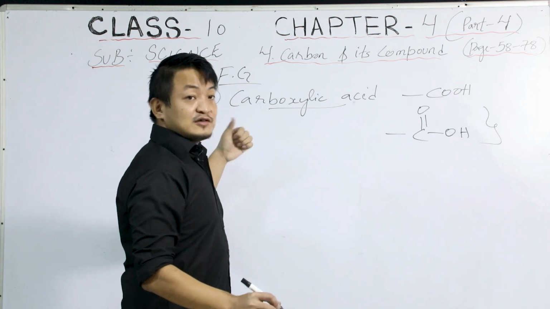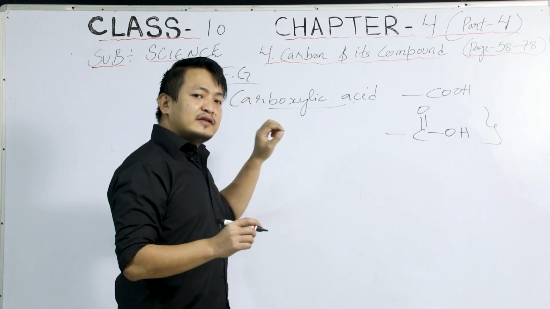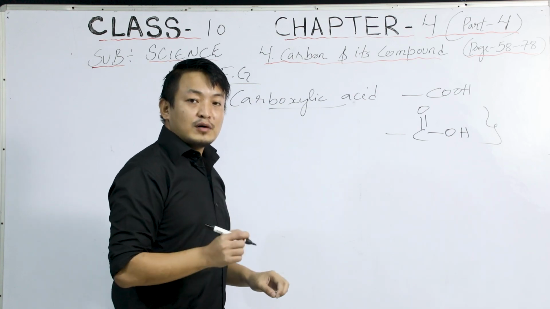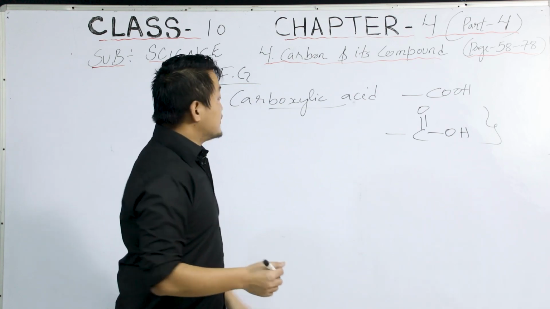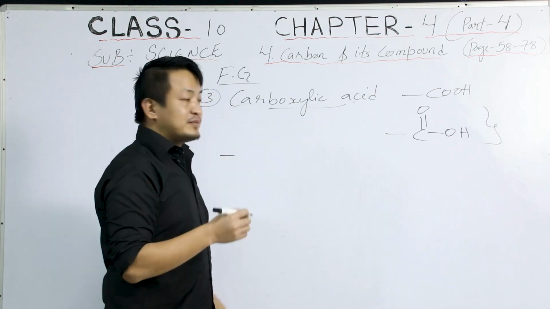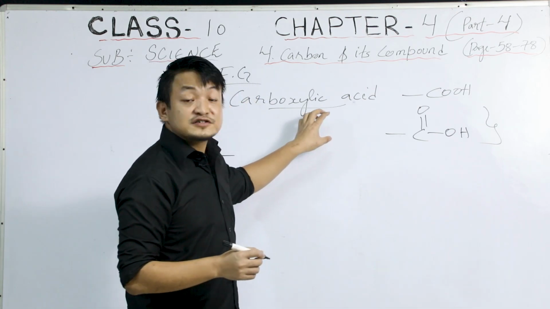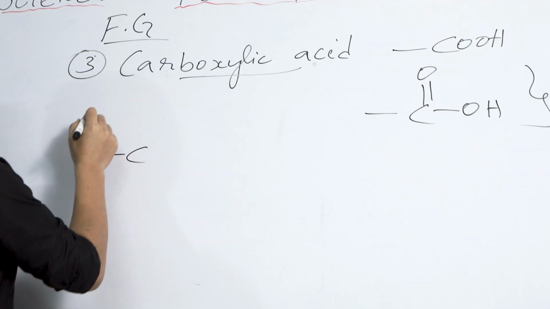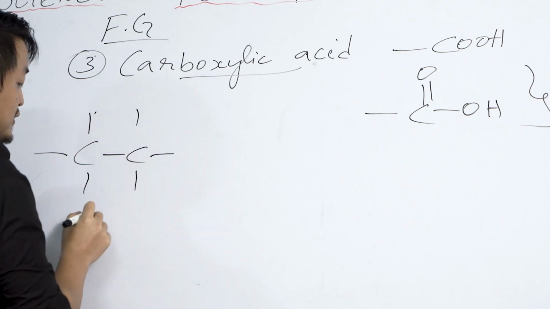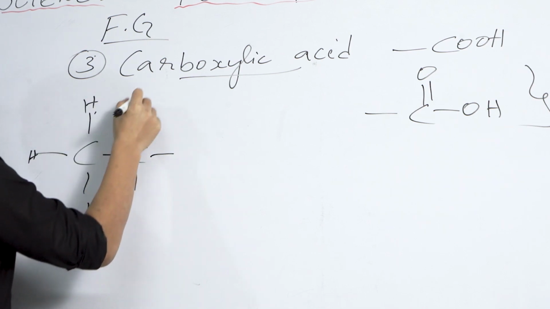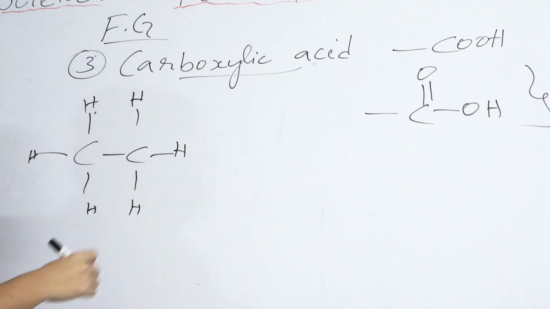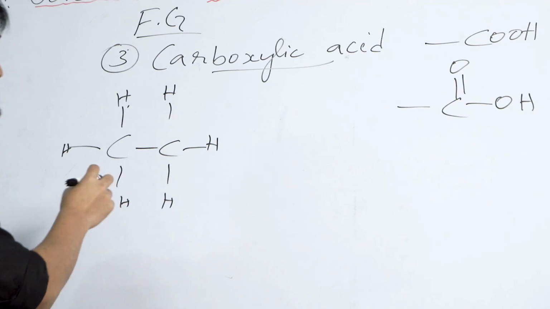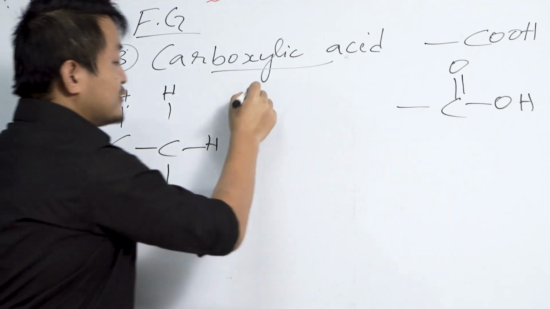As you know, a functional group is an atom or a group of atoms that determines the chemical properties of a compound. That is what I said in the last class. Let me give you an example. If there is a functional group in a compound, clear? I have here an ethane, and if this carboxylic group comes and becomes a part of this compound, then it will change to